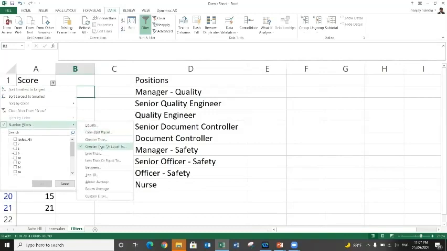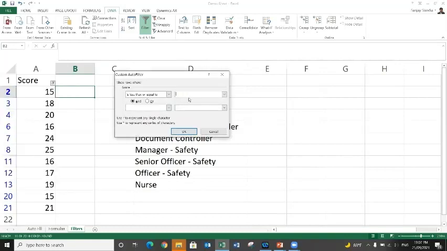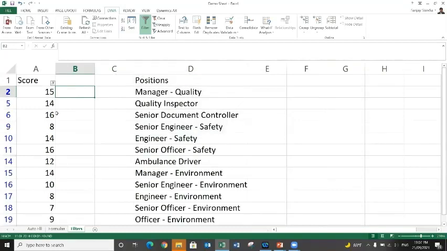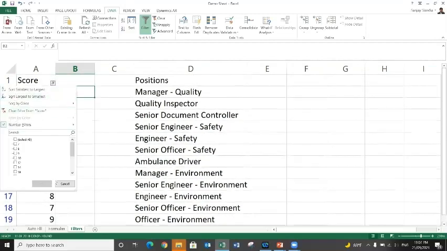Similarly, if we change this filter to less than or equal to, let's say again 16, so whichever data point is equal to or less than 16 in this series will get displayed. So this is how the filter function is used in Excel.